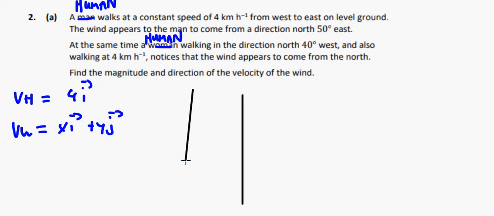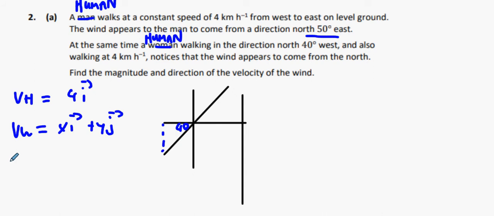North 50 degrees east means this angle here is 50 degrees, which means this angle is 50 degrees, which means this angle here is 40 degrees, because it's actually going in some sort of south-west direction. It's coming from the northeast, alright? So then what we have here is the velocity of the wind according to the human is (x minus 4)i